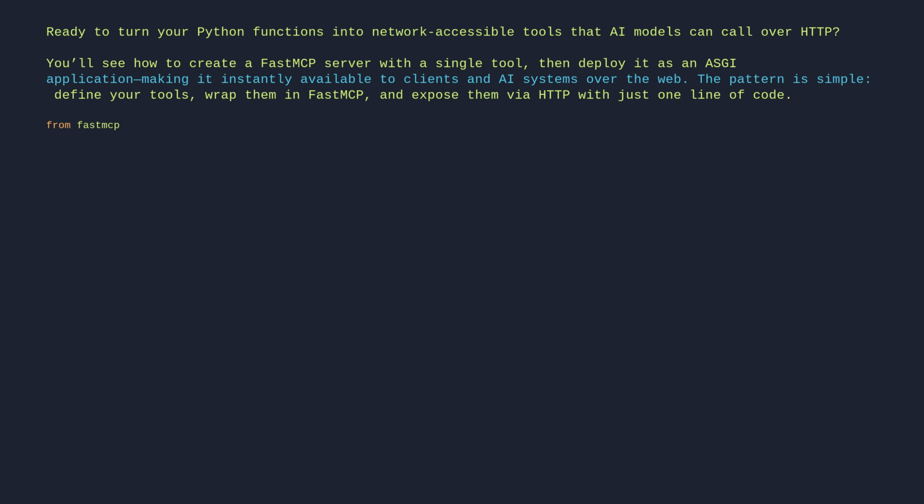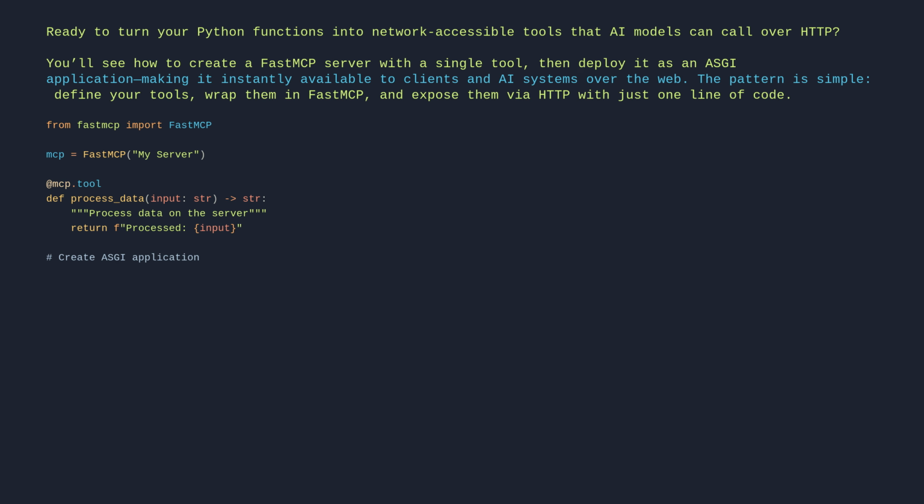from fastmcp import FastMCP. mcp = FastMCP("my-server"). @mcp.tool def process_data(input: str) -> str: """Process data on the server.""" return f"Processed: {input}". # Create ASGI application. app = mcp.http_app()